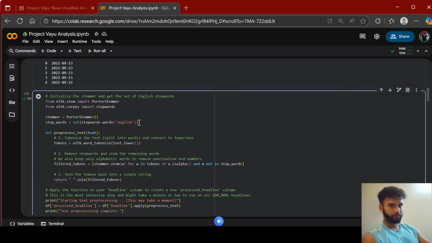Okay, the bank was robbed on Sunday. So here the stop words are the words which are not usually that much important: the, and, a, by, for example, these words, okay? Because you have to teach your AI model to classify.